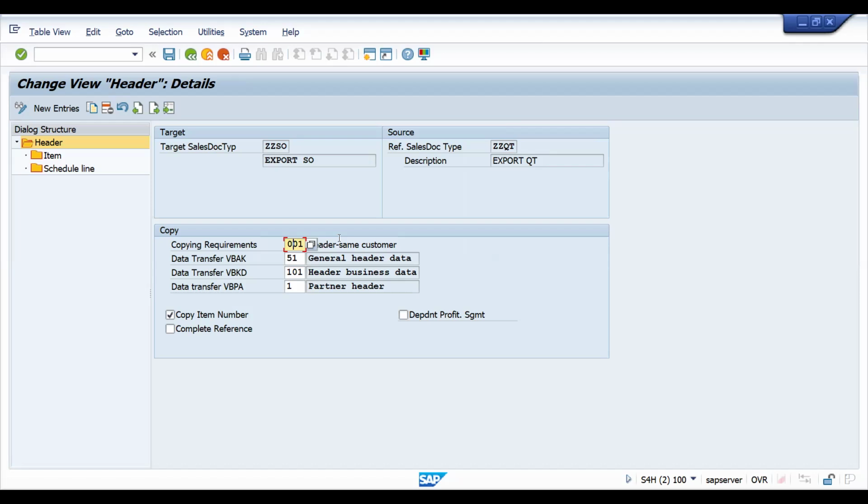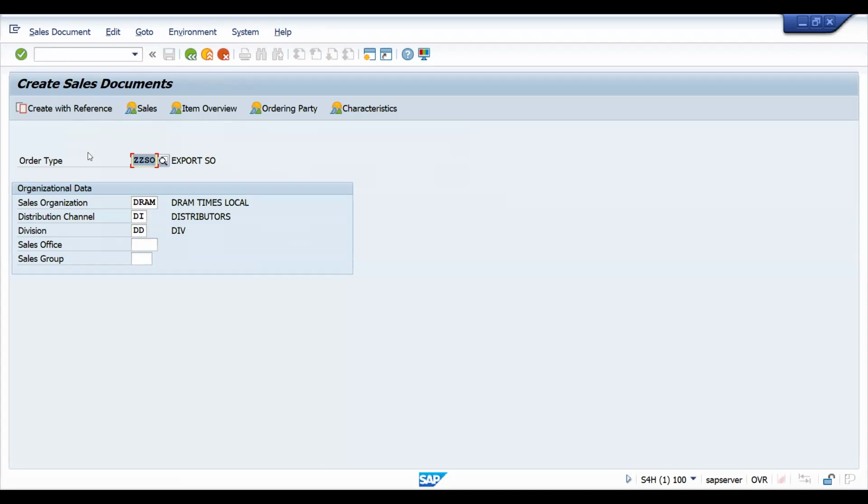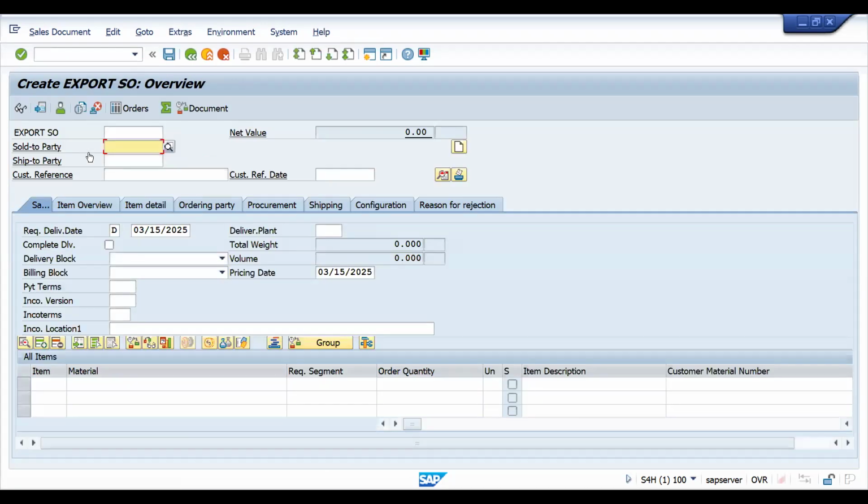Another thing is that if the target and source document have a different target sold-to party, it will not allow you. It will throw an error message. I will show you this one. You have to test this in a different way. Because this is how the requirement comes. First you understand the standard, then the burden is reduced. For example, VH01, right? So press enter. So target and source, after copying, if you're taking the reference, for example,